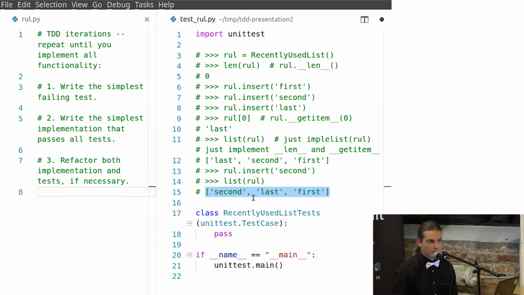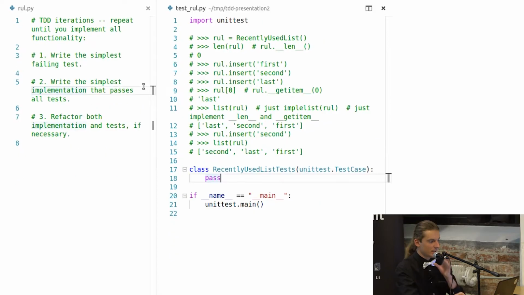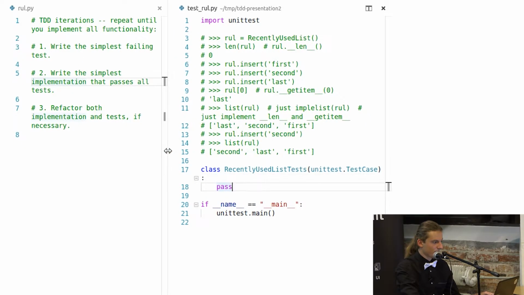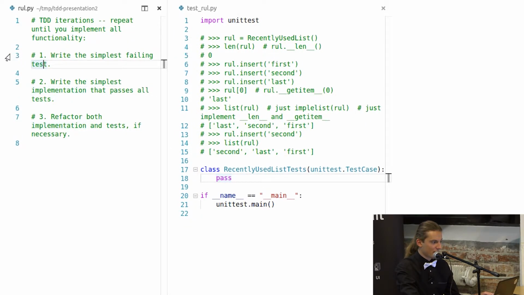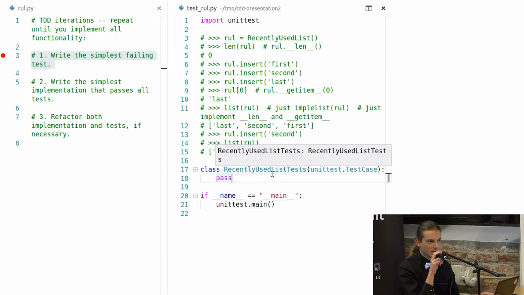So now question for you, is there anything I can clarify about this exercise? Okay, so let's go into live coding. One thing, can I make it a little bit smaller? Okay. So we start from the very first thing, that is writing a test. And now, what is the simplest thing I could test? Do you have any idea? Any idea? Yes.